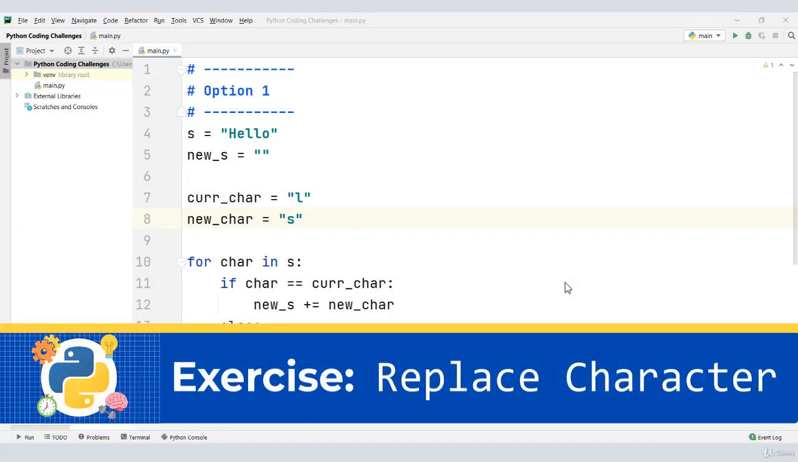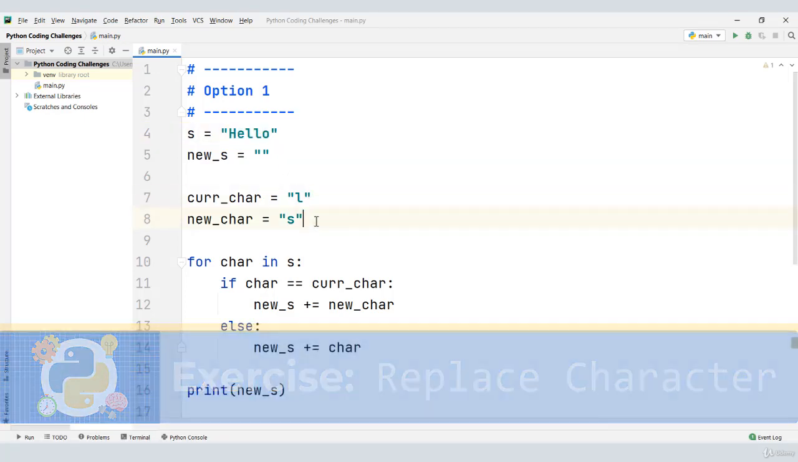Welcome back to this coding challenge. Now you have to write a Python program that replaces a particular character in a string with another character that we specify. Let's see how you can do this. I have two options for you. One of them is more elaborate, uses a for loop and a conditional, and the other one uses a built-in